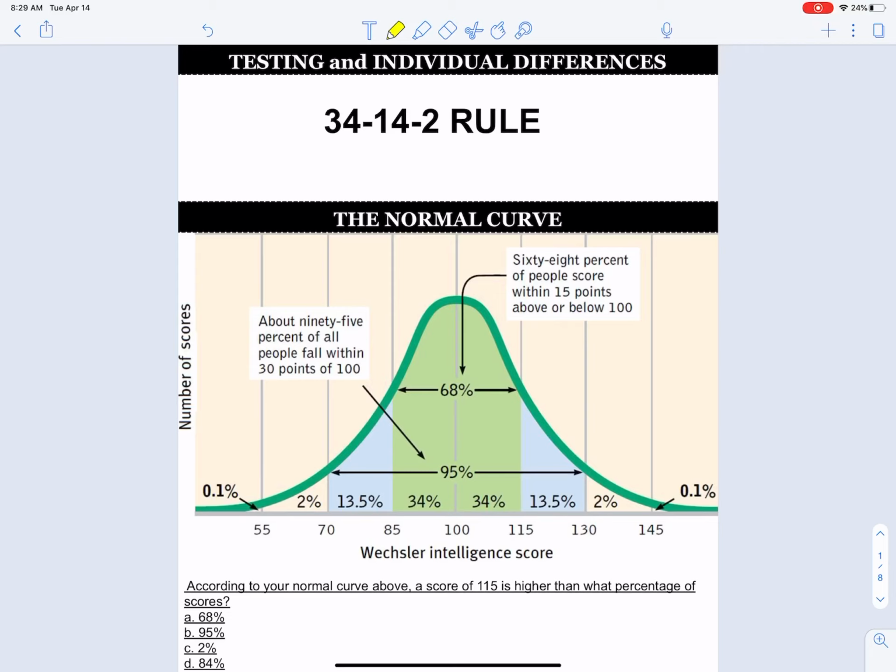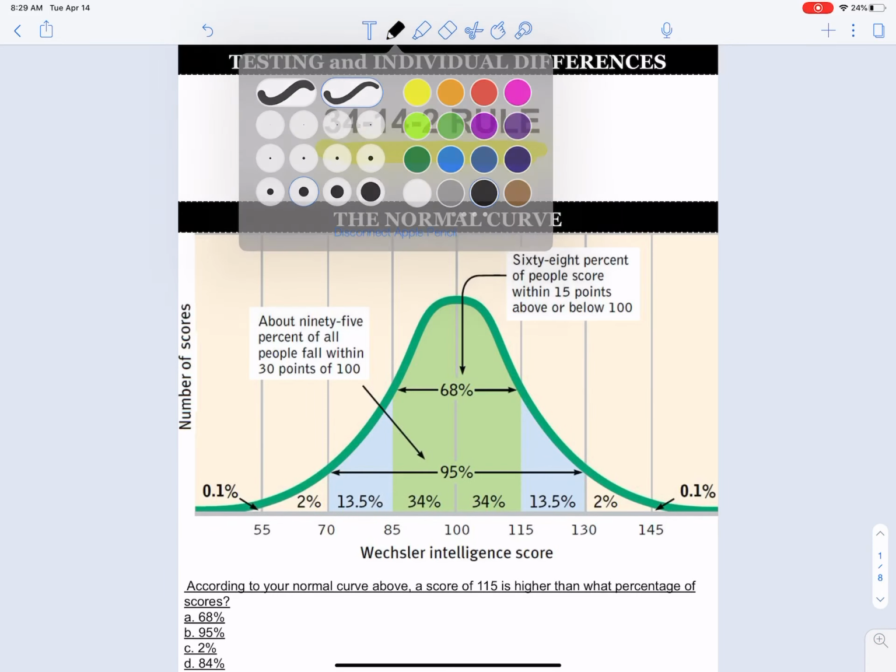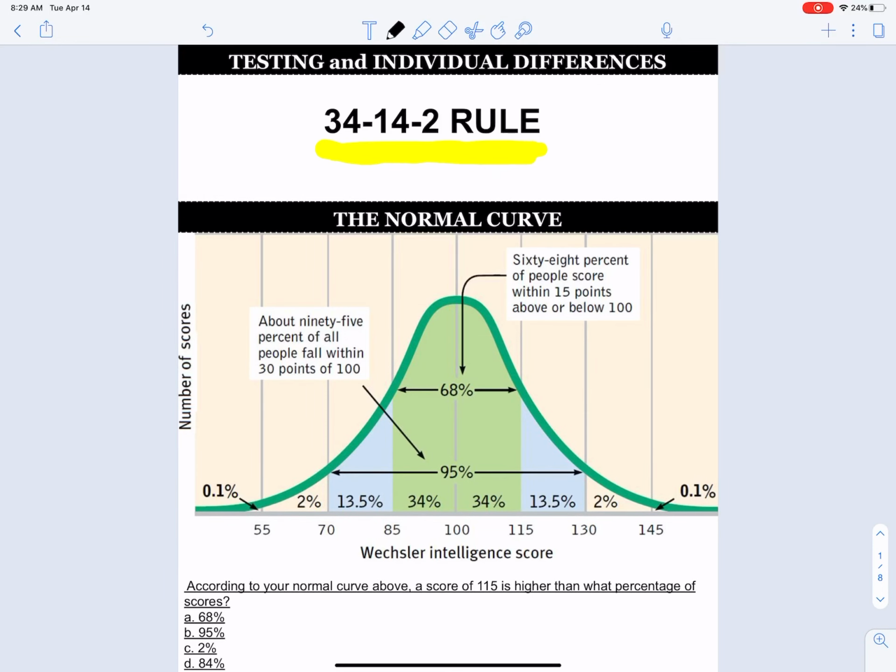So if we could go back to our earlier unit when we learned about the 34-14-2 rule, this is the rule that applies to the normal curve. So the normal curve, if you memorize 34-14-2, the 34 is the percentage of individuals who lie one standard deviation from the mean to the left and the right. So combined, if we asked you what percentage of the population lies within one standard deviation of the mean, it's actually going to be 68%